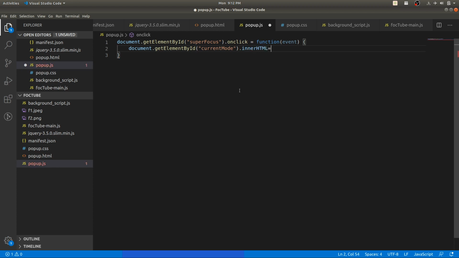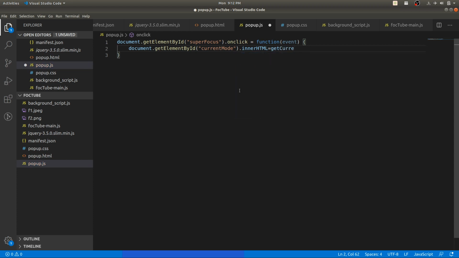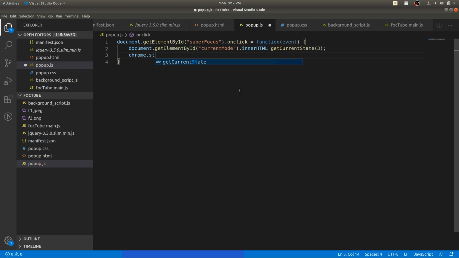First of all, document.getElementById, set the current mode, remember the current mode. So if the user has selected super focus, we will set current mode as super focused. We are passing the value 3 and the getCurrentState function will return, we will define it in some minute, okay.